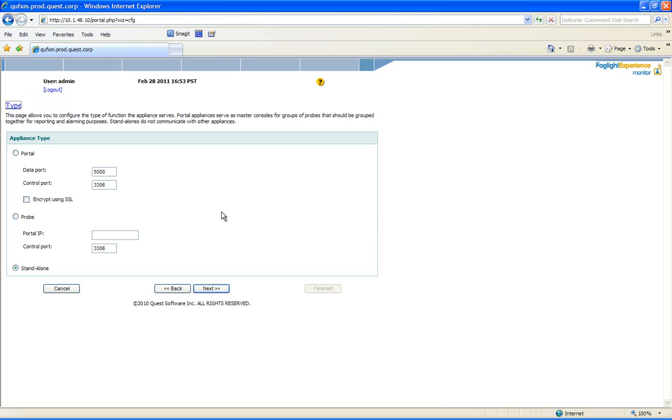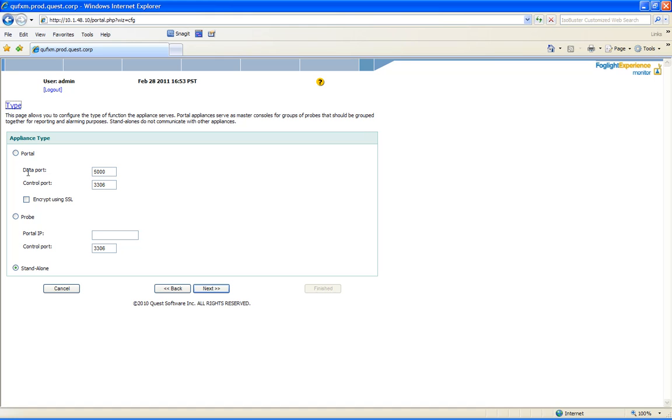After the license phase, we go in and we have to tell it which type of appliance that we're setting up. Now just to mention briefly, a portal is an appliance that can join a bunch of probes together. So you'll see those two types here. And what you use in those configurations for is generally going to be multiple data centers. So if you're monitoring the same app in 3 data centers, you would put probes in all 3 data centers and then use a portal to roll out the administration of the probes as well as the reporting of the probes. So we go to one place and it acts like one solution instead of having to go to all 3